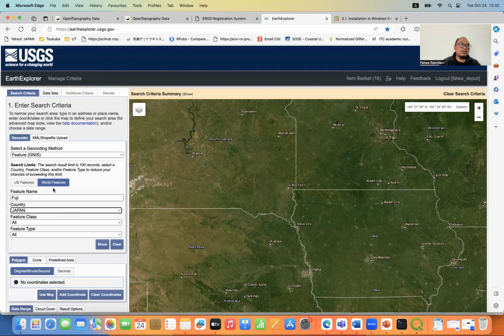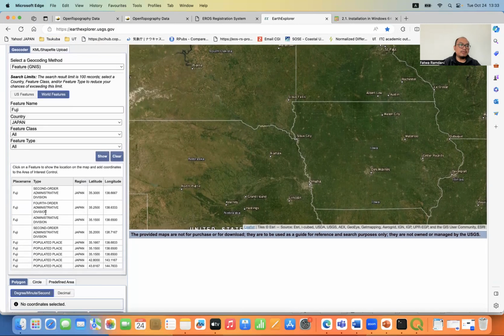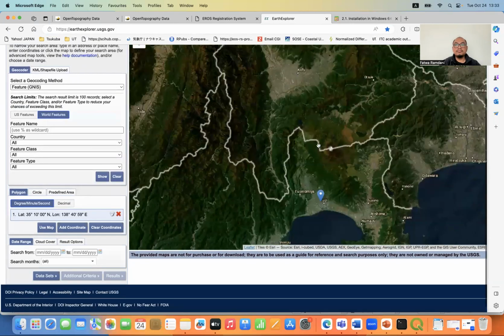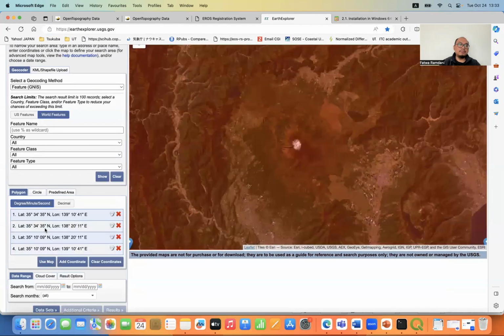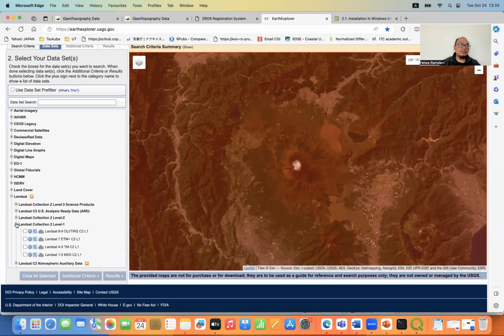Okay. In the Feature search, you click Feature and in the feature name, type Fuji, in country you type Japan and click show. There are many place names shown, and then we just click here, zoom in, okay, and use map. Then go to datasets, select Landsat, Landsat Collection 2, Level 1,